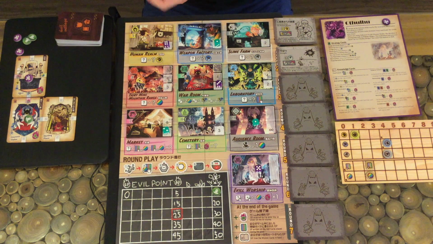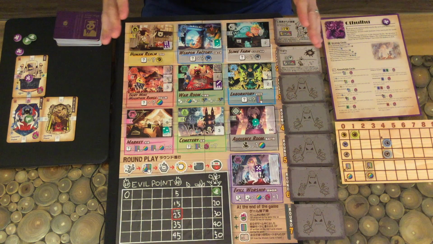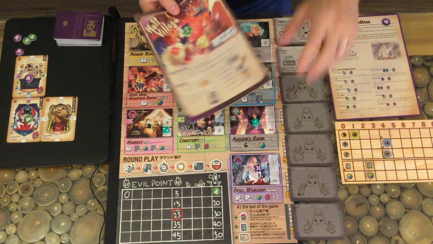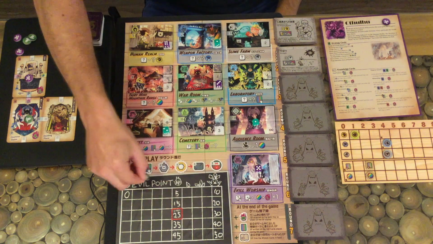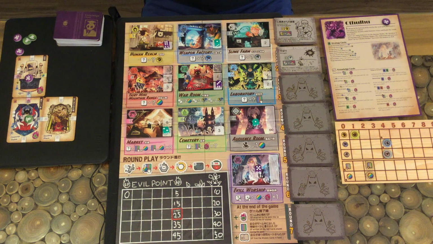In my opinion, even though all the cards, all the art, all the components are absolute top-notch quality, stuff like that is just inexcusable in a game of this caliber. There are typos on the cards, there are typos in the instruction booklet, there are omissions in the instruction booklet, the board has extremely confusing typos on it. To me, it just turned me off of wanting to play this game